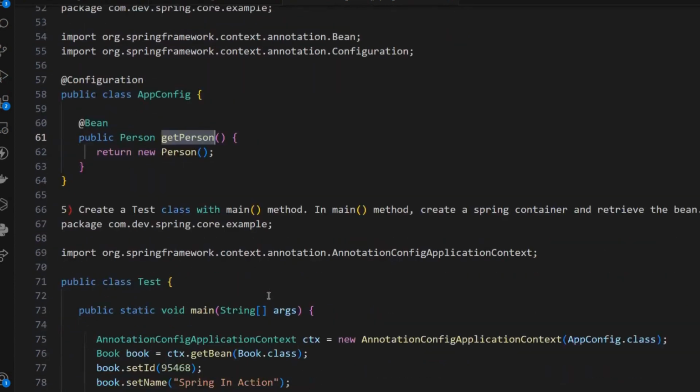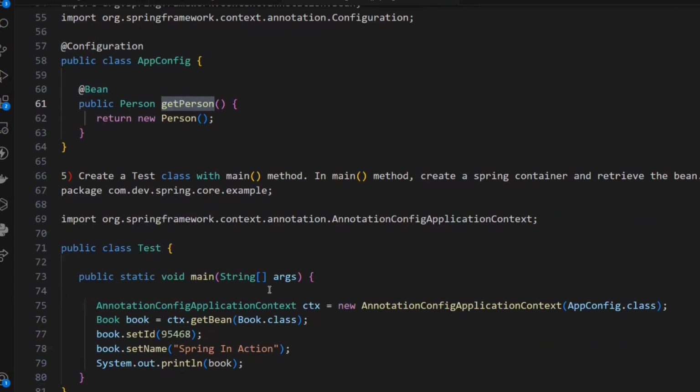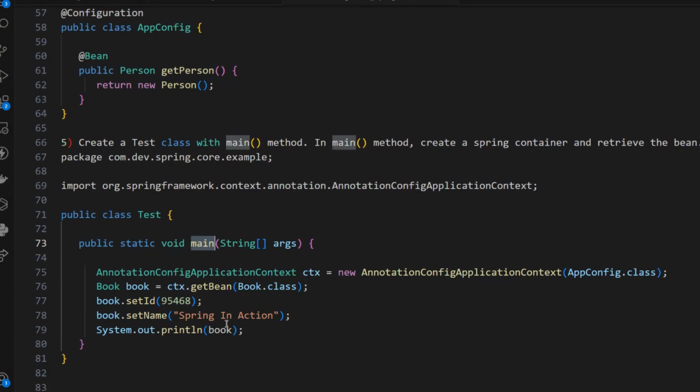Okay, next is the same process: you need to create the test class. Here we need to create the test class where we will define the main method to test our results. This time we will use AnnotationConfigApplicationContext to create the Spring container context in place of ClassPathXmlApplicationContext. So here we have used AnnotationConfigApplicationContext. These all come from the org.springframework.context.annotation